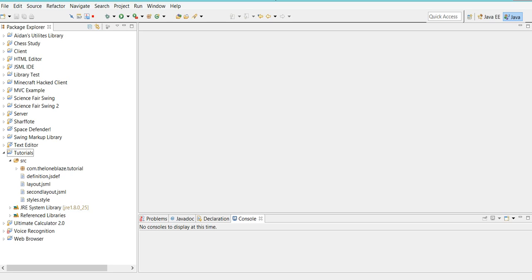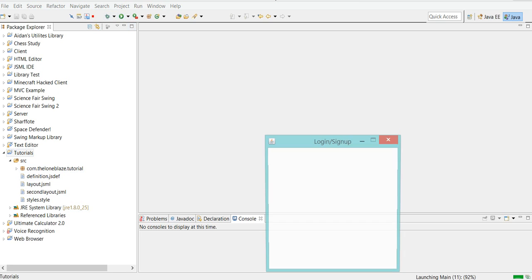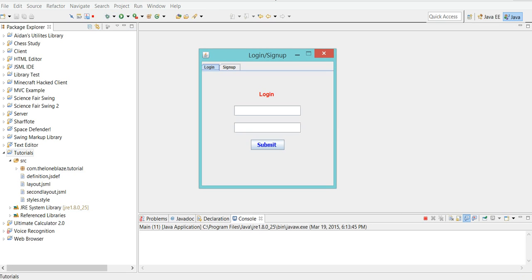So today we're going to be looking at taking all of the GUI that we made in the previous tutorials here and adding some functionality. So now we have all of these fancy components and we have our login/sign up screen. But if we click this button, nothing happens. We can't press enter, or get the text from the text box. So today we're going to be making things happen and tying our GUI components in with our Java